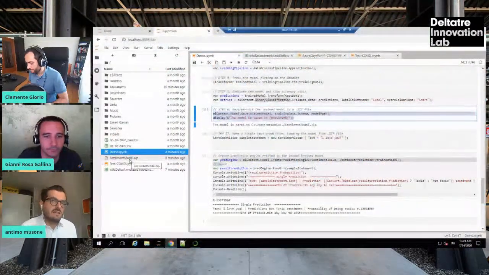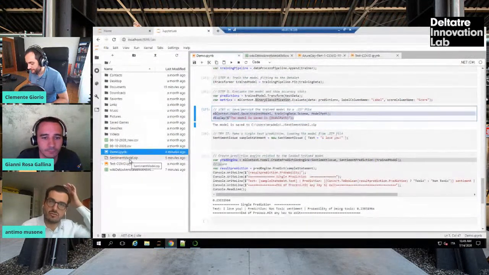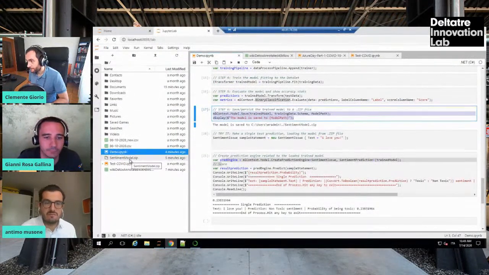At the moment, you can only save your model locally. In this step, I saved my sentiment model locally. This is my zip, and inside this zip, you can use your model in a C# application in production or in a testing environment. This is the only way today, but you can build pipelines and MLOps in order to